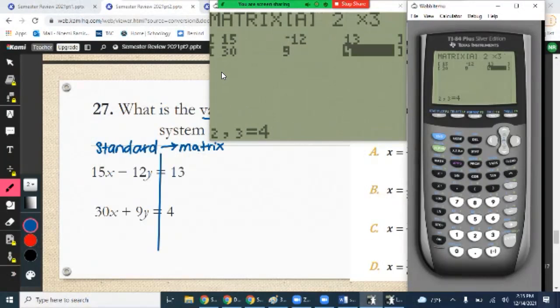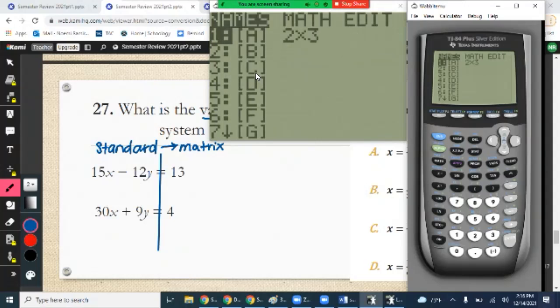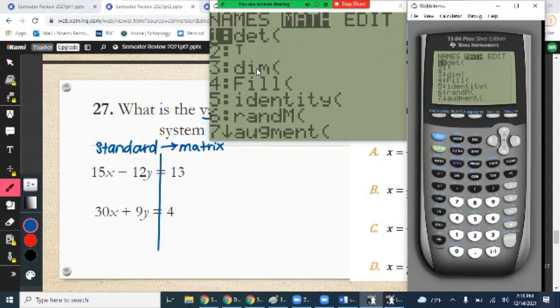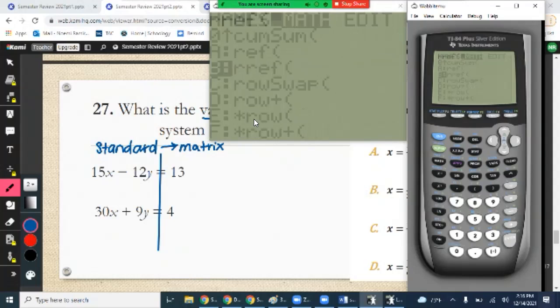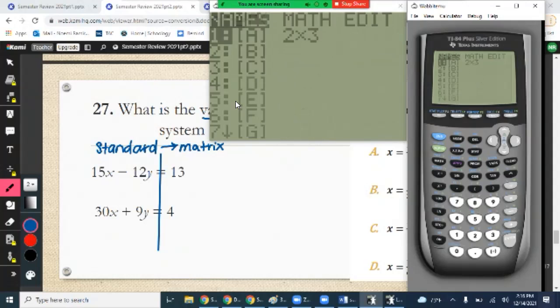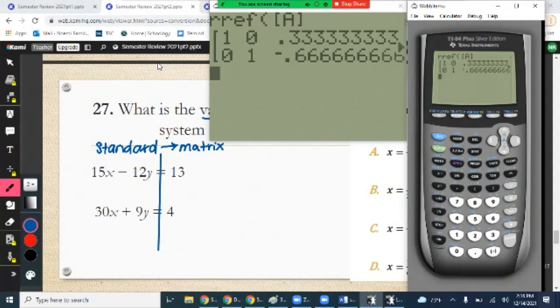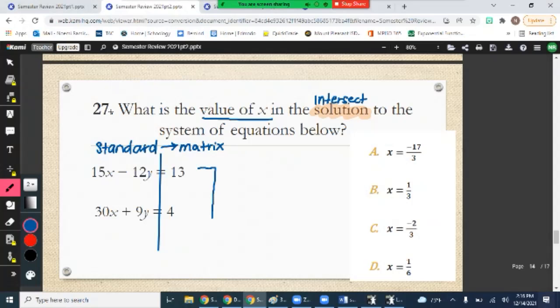Most important step that everybody forgets is what? Second quit. Math. Find RREF. Hit enter once. Second matrix. Enter, enter. So you should get 0.333 and negative 0.666